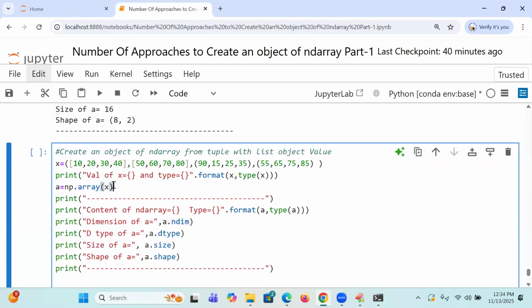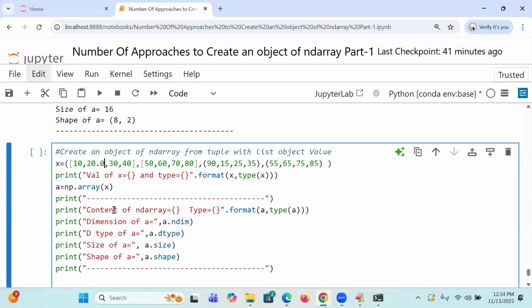So it is converting what? The inner part is converted. This is taken as one entry, another entry, another entry, another entry. What is the dimension? 2. The dtype is the same. What is the size? Come on. Next, shape: 4 comma 4. Are you following? Right. Suppose I am writing here